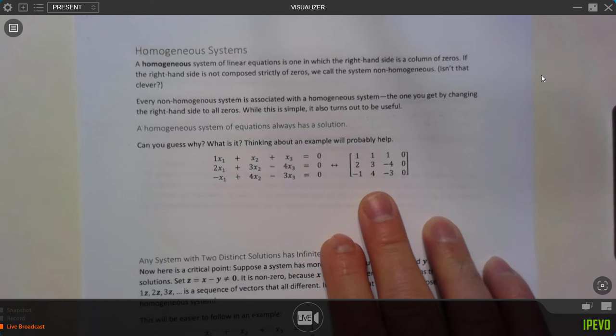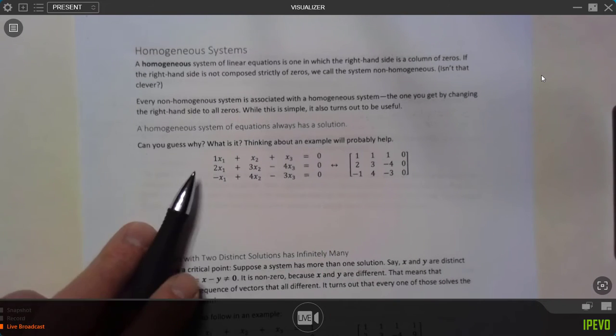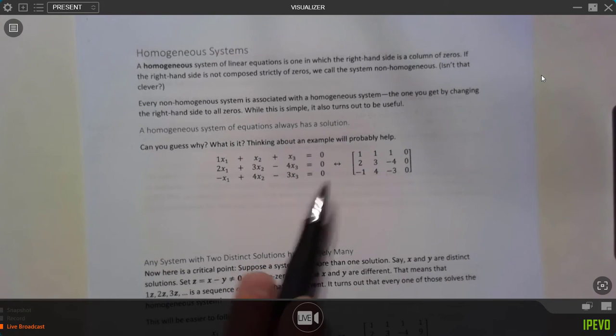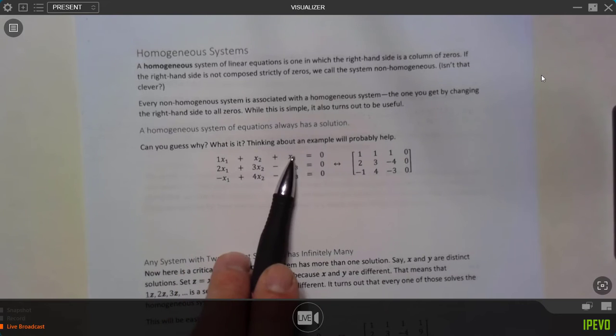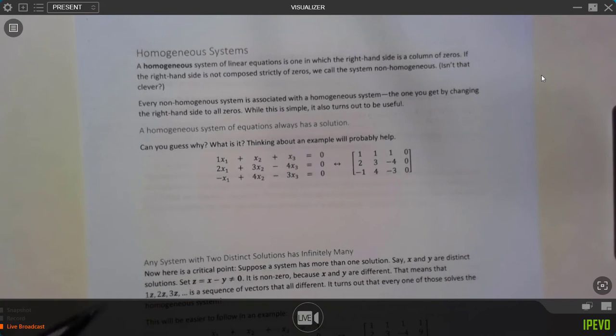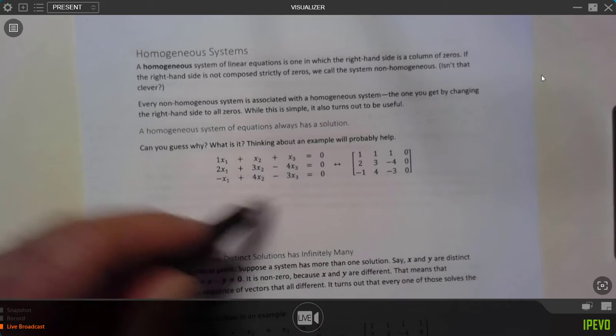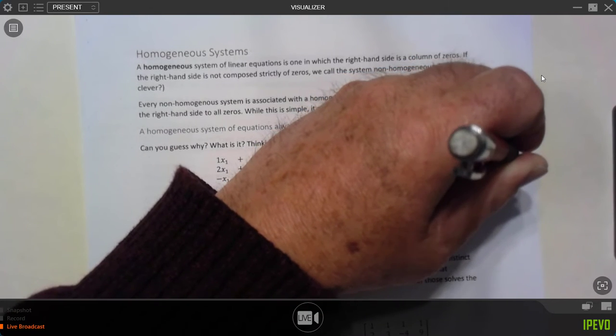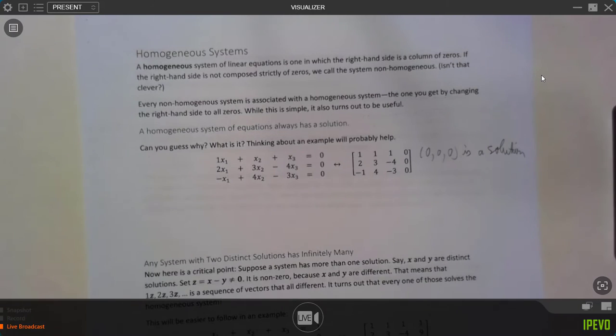Now, one thing that we want to point out is that a homogeneous system always has a solution. You cannot get the no solution option with homogeneous systems. And the reason is that these right-hand sides are zeros. So notice if I set x1, x2, and x3 all to 0, no matter what the coefficients are, that's going to sum up to be 0, right? Same thing on this row, same thing on this row. So it is guaranteed without any calculation. We know that 0, 0, 0 is a solution. So you can't have an inconsistent